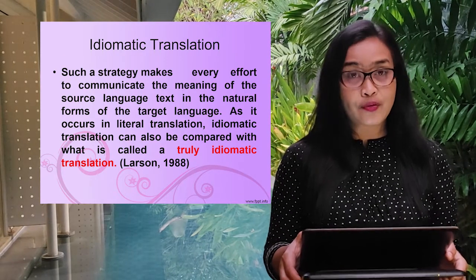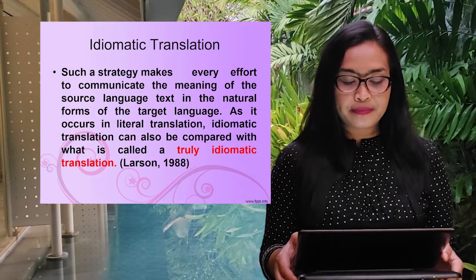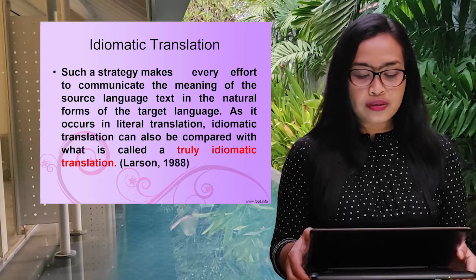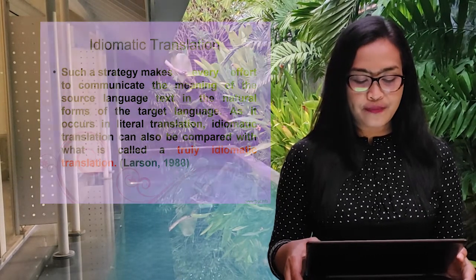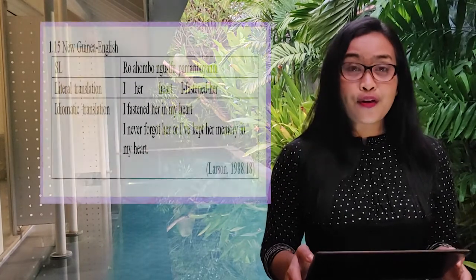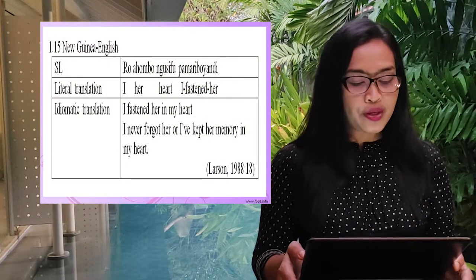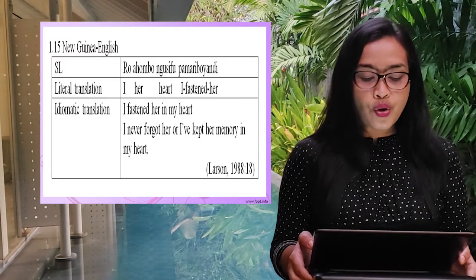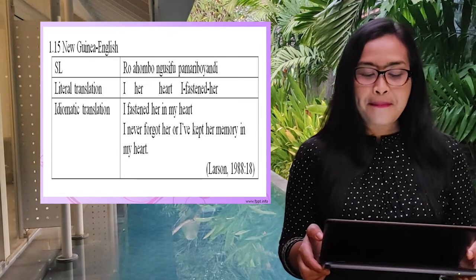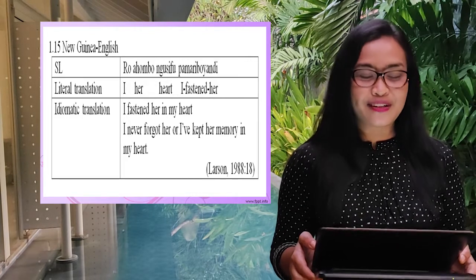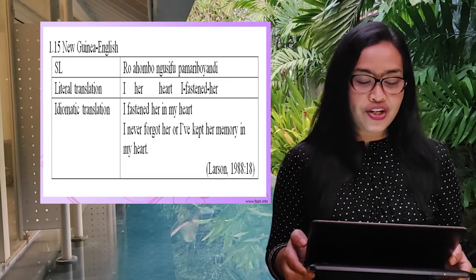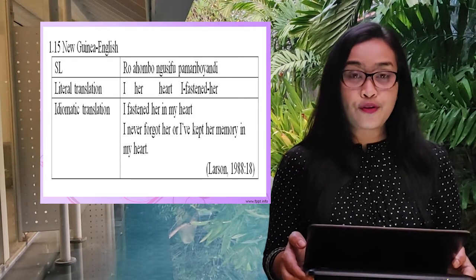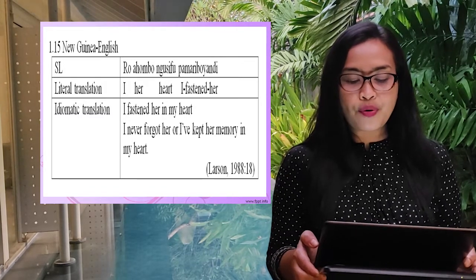of the target language. As it occurs in translation, idiomatic translation can also be compared with what is called a truly idiomatic translation. Okay, so I give you the examples. For example, the source language from New Guinea English is Ro ahombo ngusifu pamari boyandi. That is the sentence. The literal translation is I for Ro, ahombo her, heart is for ngusifu, and pamari boyandi,